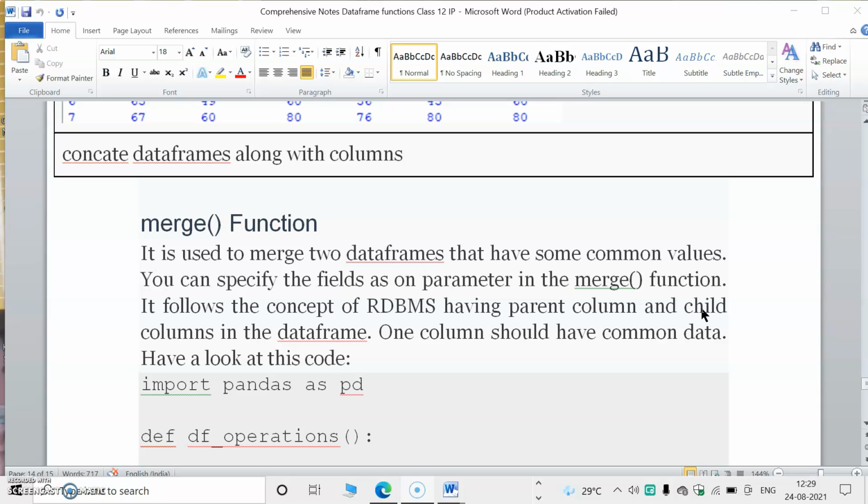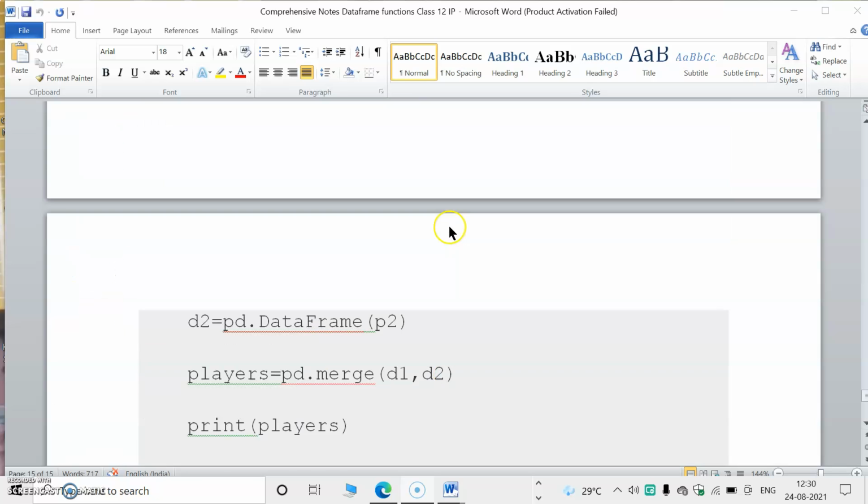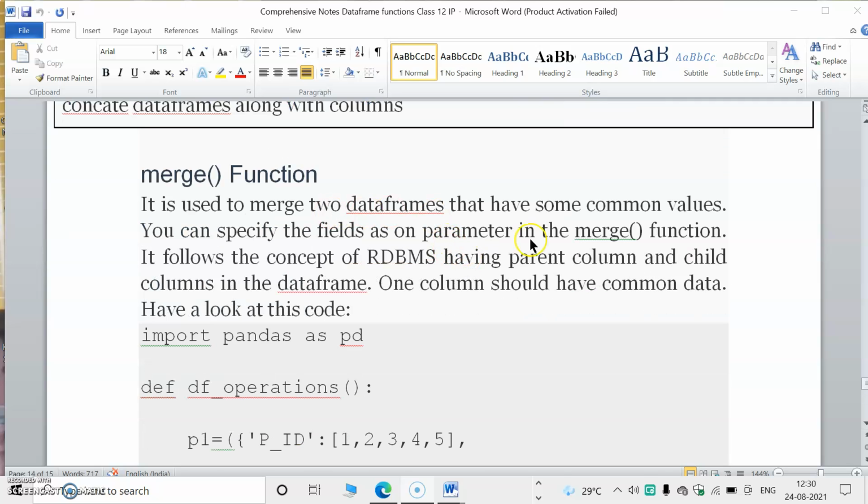Then next is merge. Merge means combining two data frames that have some common values, as in database systems, where rows with common values are combined into the same row. By using the concat function, new rows are created. If we use the merge function and two rows of the data frames contain the same value, it will appear as a single row. So the two data frames that have some common values are combined by using merge.